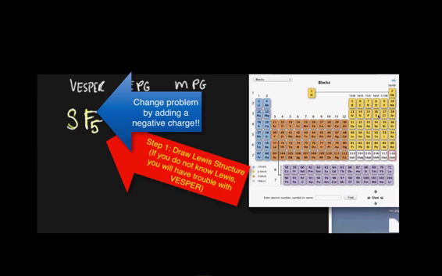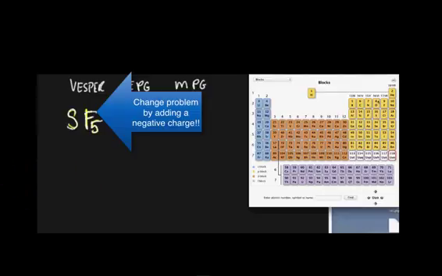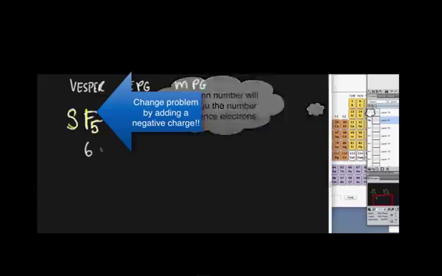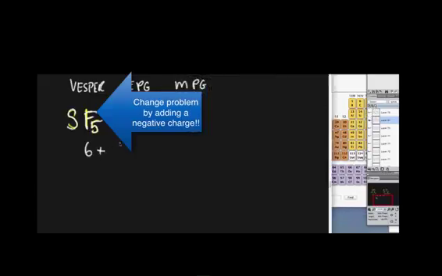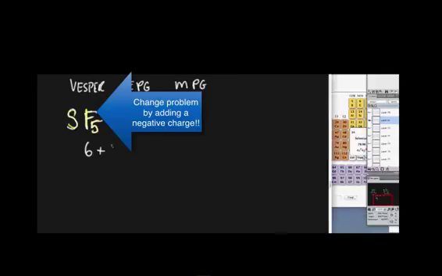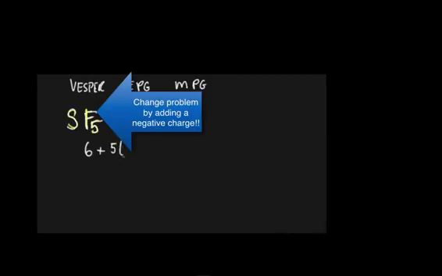So let's look at what's going on. Sulfur has how many? Sulfur has 6. Very good. And then fluorine has how many? 35 in total, because it's a halogen and there are 5 of them. Okay, so when we do 6 plus 35,